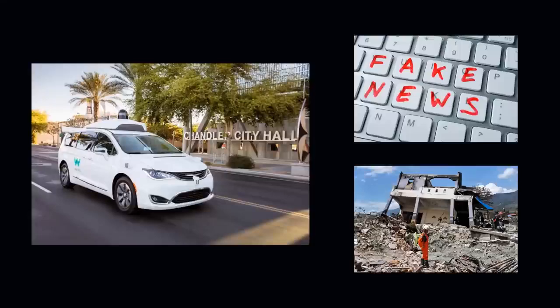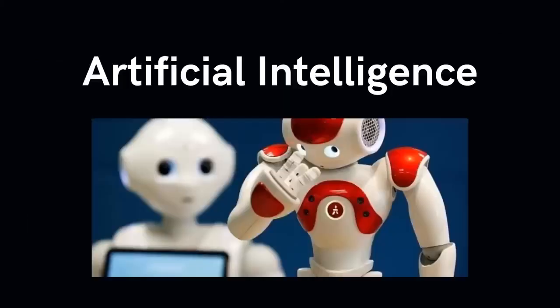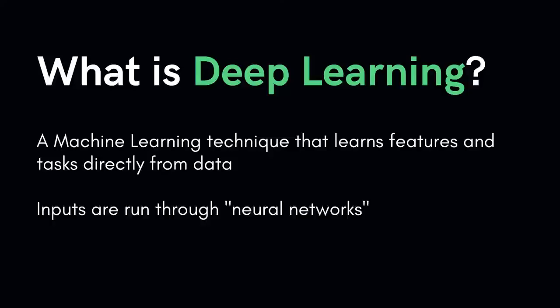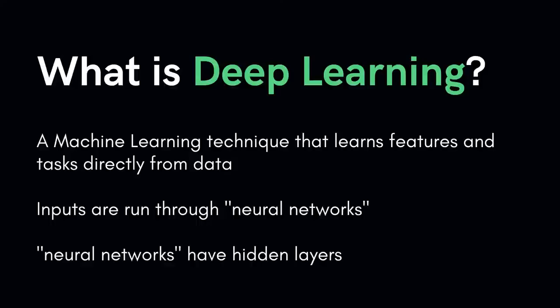These were astonishing moments, not only because machines beat humans at their own games, but because of the endless possibilities that they opened up. What followed such events have been a series of striking breakthroughs in artificial intelligence, machine learning, and yes, deep learning. To put it simply, deep learning is a machine learning technique that learns features and tasks directly from data by running inputs through a biologically inspired neural network architecture. These neural networks contain a number of hidden layers through which data is processed, allowing for the machine to go deep in its learning, making connections and weighing input for the best results. We'll go over neural networks in the next video.